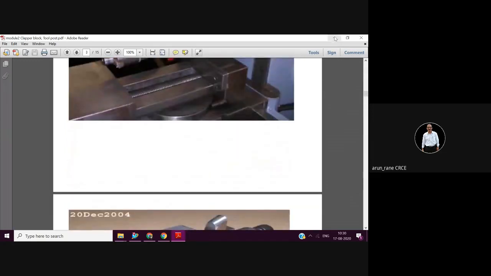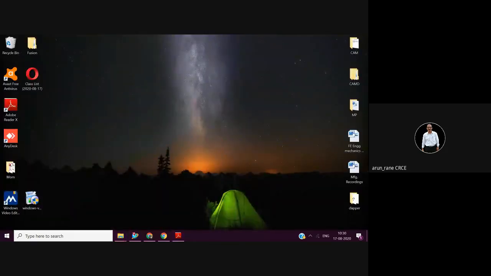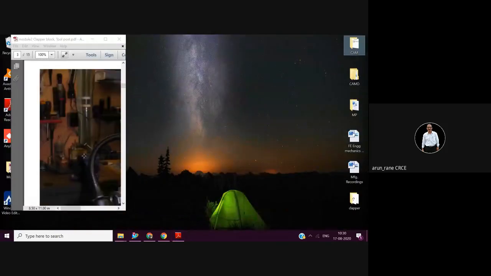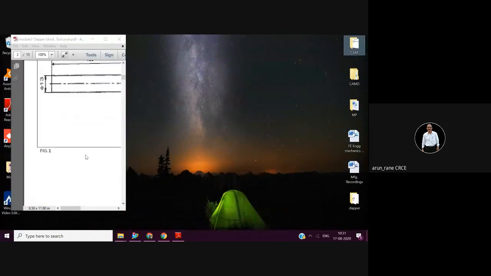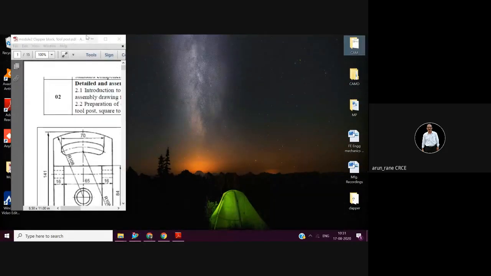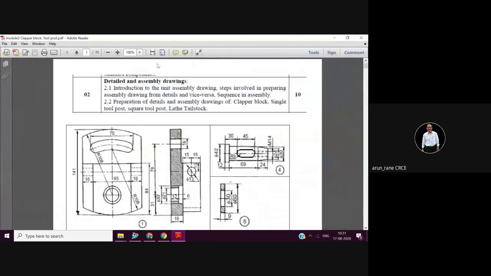Alright, so I'll minimize this PDF file. Now, I am opening two screens.